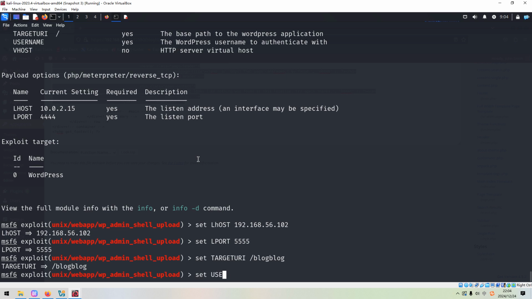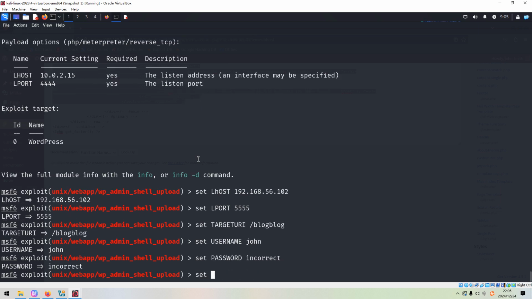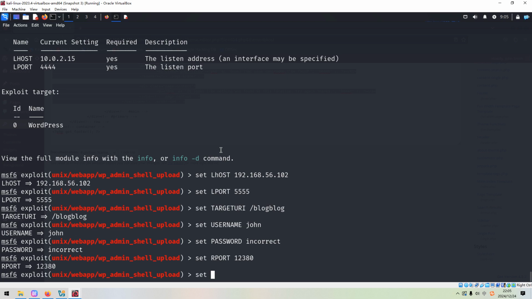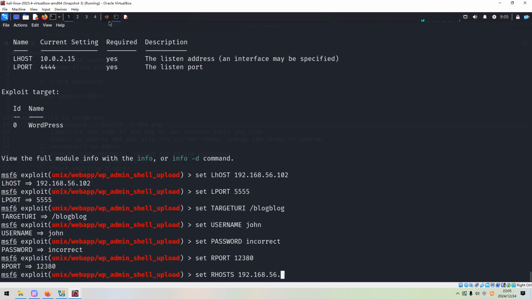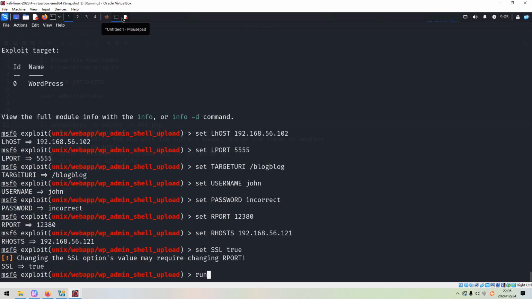Set the username as John and set the password as incorrect. Set the remote port number. And also we need to set the remote host to our target, and also set SSL to true, and then we can run it.